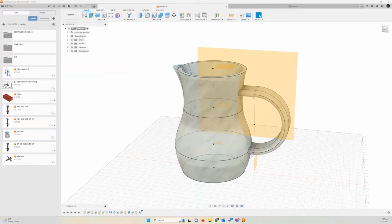We'll shell it out, and then we'll create an offset plane from the left-right plane. I think it's 3.25 inches away out to the right from the left-right plane. We will create 2 slots where we will use those to create the handle. They'll be extruded to the body of the picture, so it won't be a set distance, it will be to